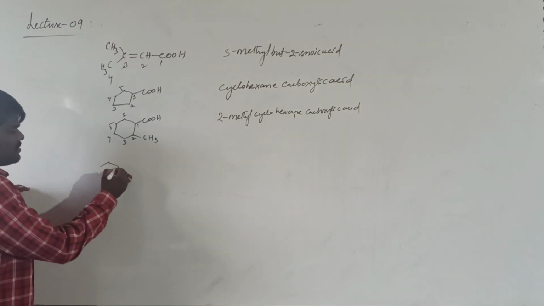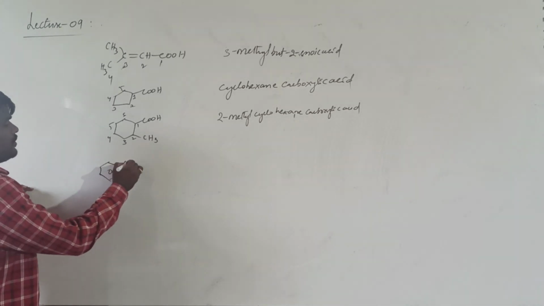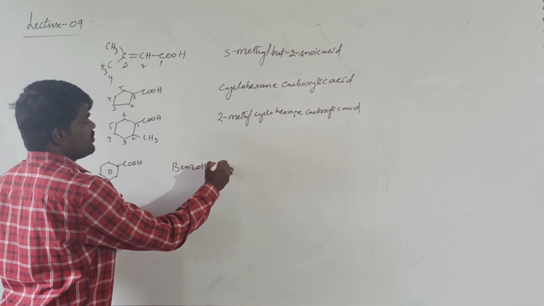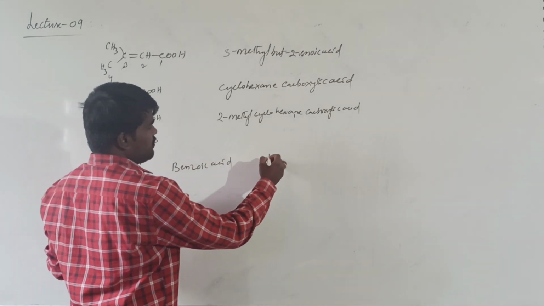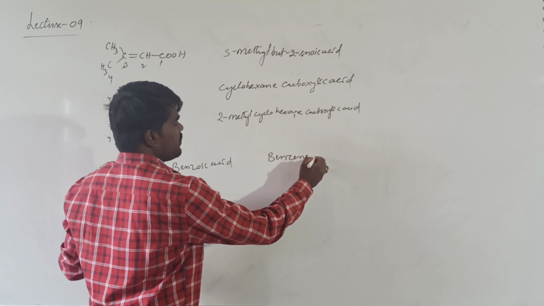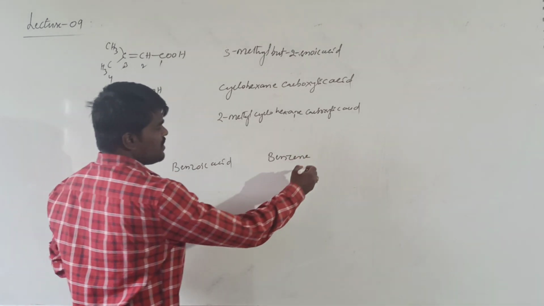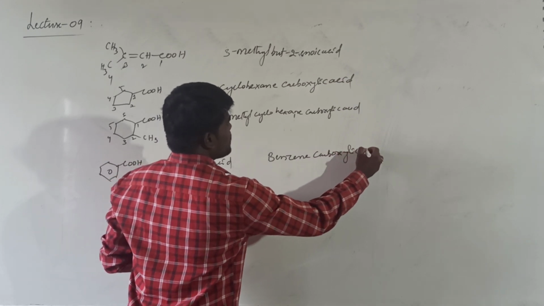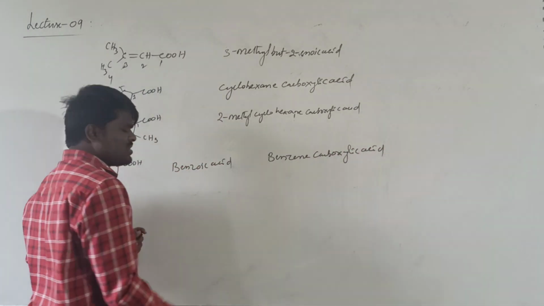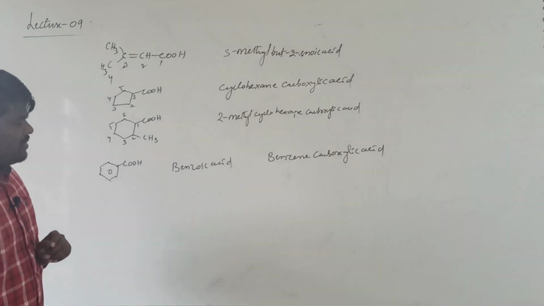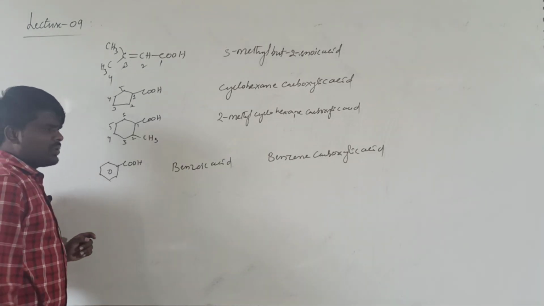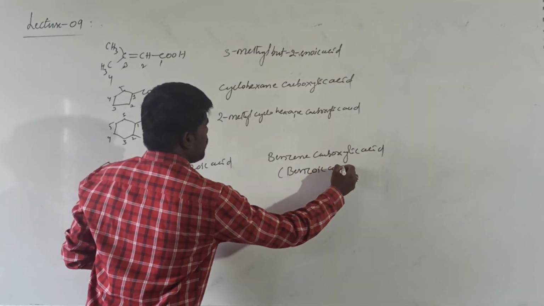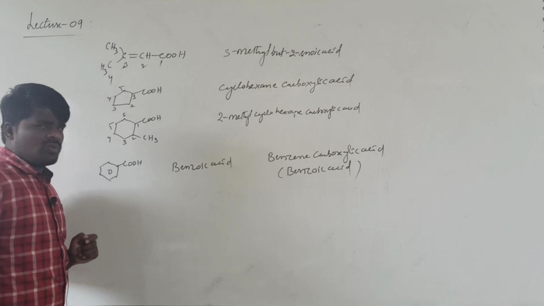And there are some other molecules like, what do you call it as? This is commonly called benzoic acid. This is the common name, and as per IUPAC it is called benzene carboxylic acid, since here the carbon of the carboxylic group is not getting considered. Both are accepted. It can also be considered as benzoic acid, which is quite commonly known. Benzoic acid is also accepted. Okay, there is no problem in using benzoic acid.